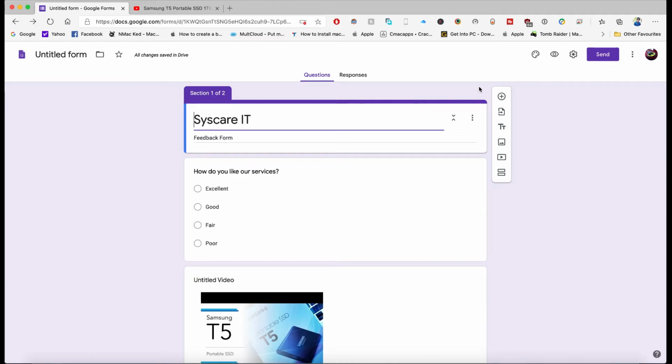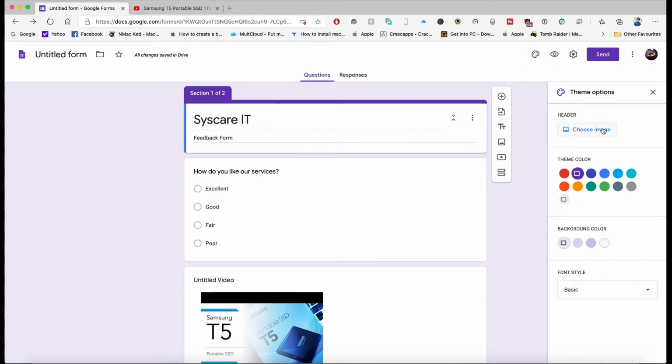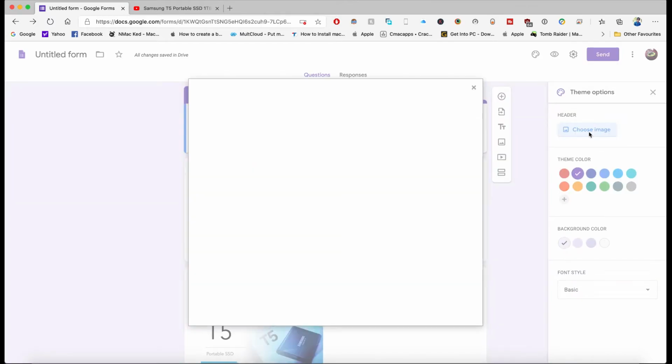And if you want to change the theme, you can customize the theme also. Just click on this, and in the header, if you want to change the header image, you can click on choose image.